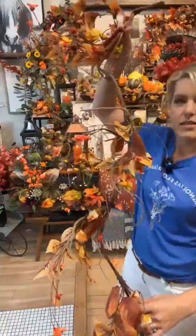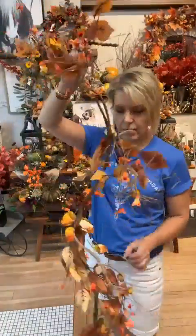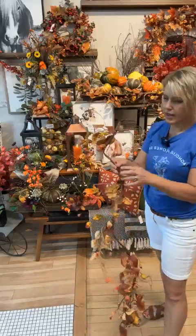Let's talk about this guy. Oh, see, that was at my house. This one? So, it was part of your design. It was worked into something, though, so they maybe couldn't tell. But this is the piece that's hanging on the front of my wagon. I just wound it around the front, and it is